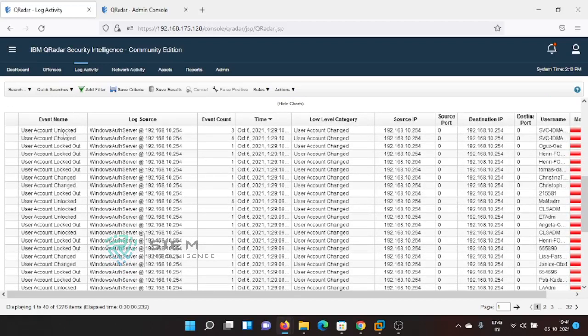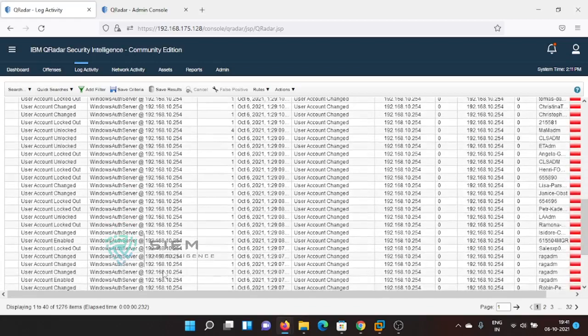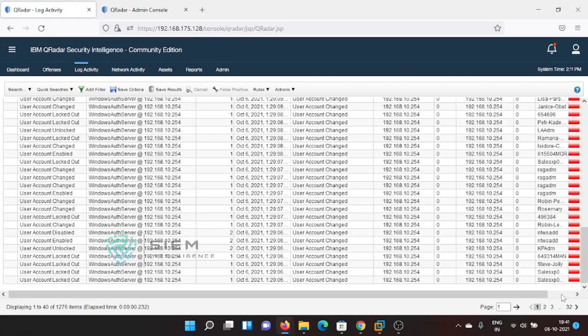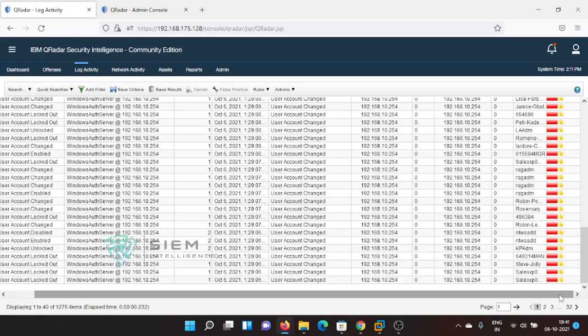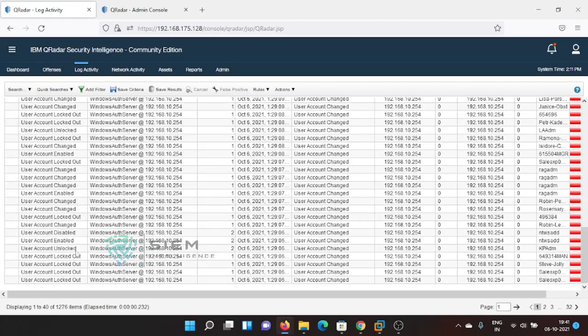Now I want to see, there are so many events. See, the event names are username unlocked, username changed, username logged out, and so on, but there are so many events. How do I check how many different types of events there are? See, there are pages 1, 2, 3, 4, 5, 6. It is highly impractical for me to go to each and every page, check whether the event is new or different, and count on paper. It is quite difficult for me.